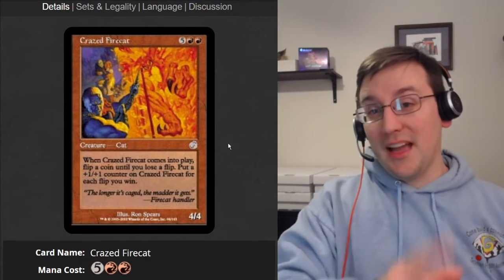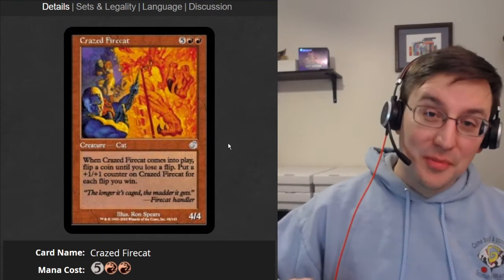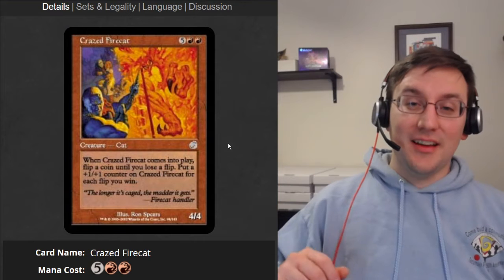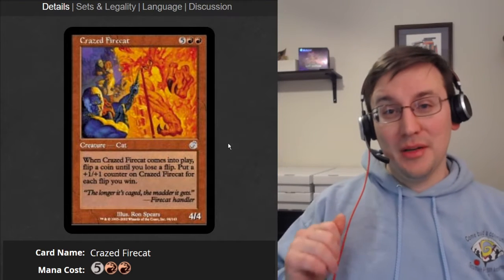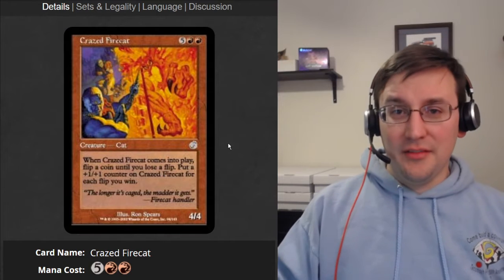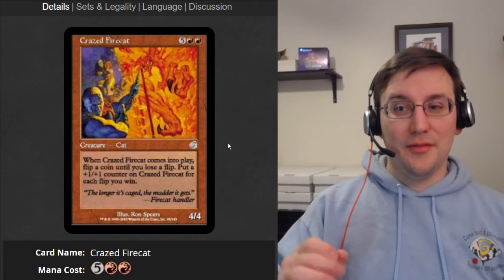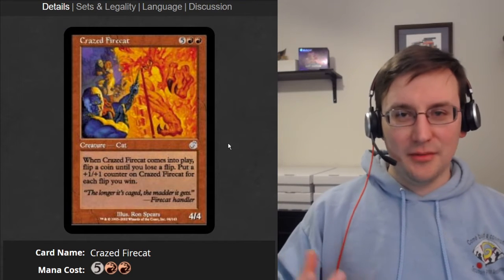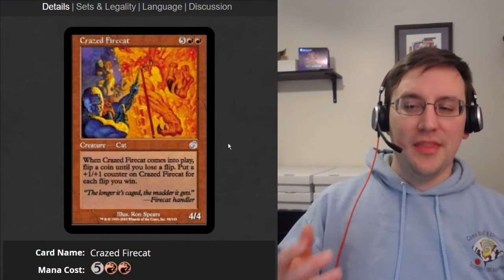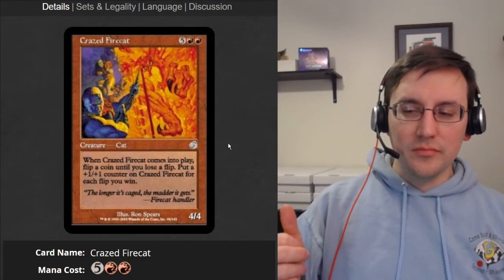Now, my comment about thumbs earlier, the reason I found it an especially appropriate turn of phrase is because of an artifact from Mirrodin called Krark's Thumb. There are a number of Commander players who built decks specifically around flipping coins because of this particular artifact. It enables it in a really cool, interesting way, and that is, whenever you flip a coin,